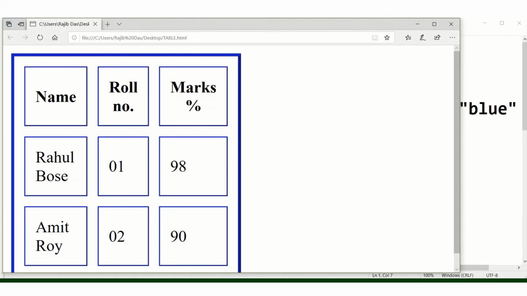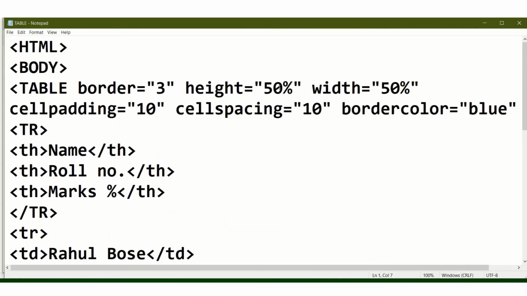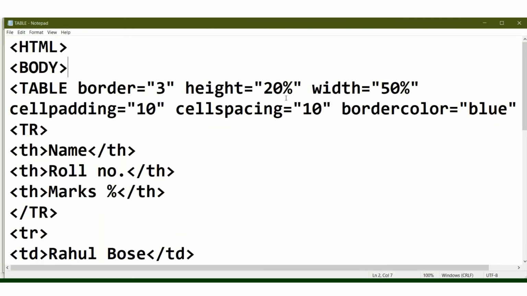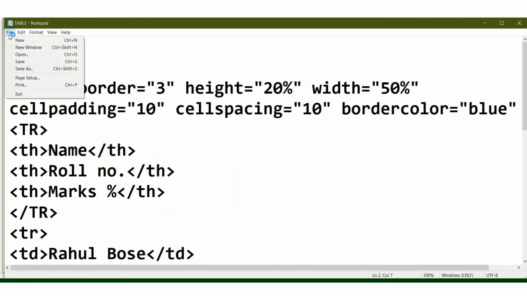Now I am changing the height and width. The height I am giving 20% because height is very big. Save the file.